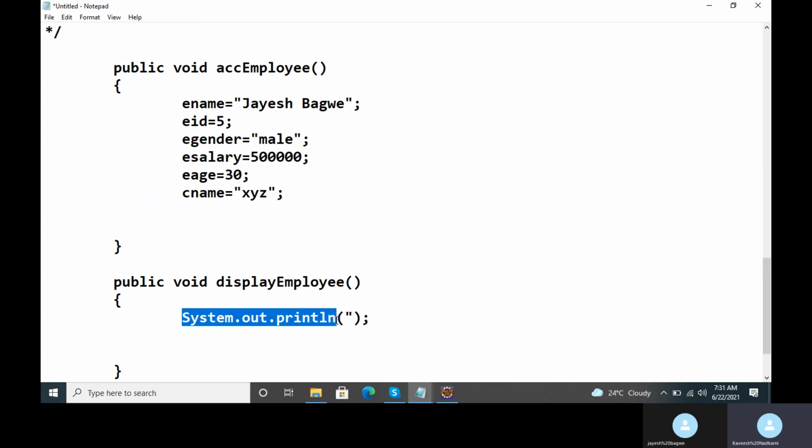Clear, Jay? We just use it in the Java program to print the values of variables on the screen. So here I will write "The employee name is".